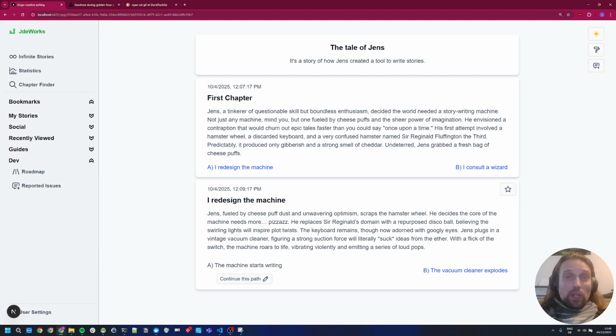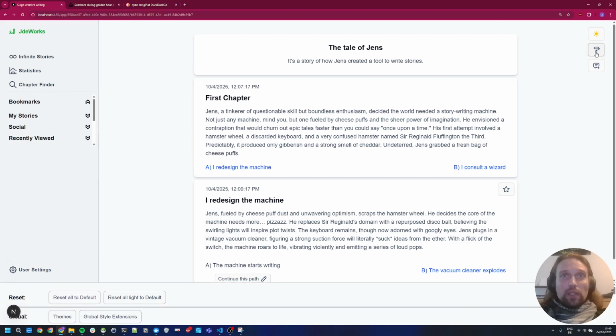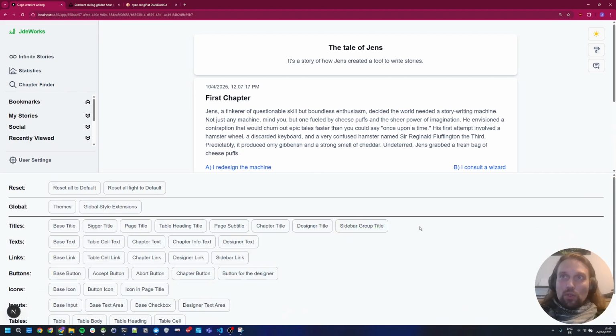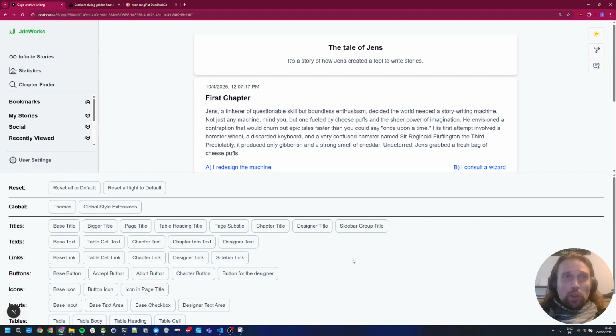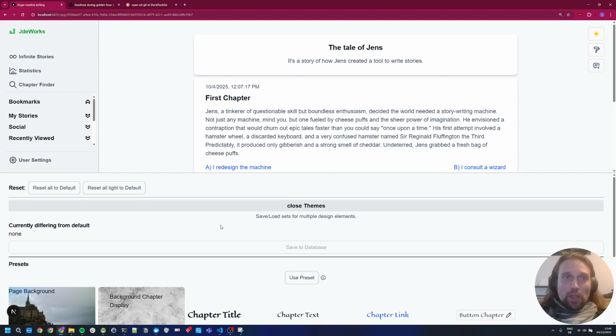Now let's quickly open it up, and you can see at the top right here that there's this, I don't know, button with the icon in. What it does is it's actually opening up the designer, which is like its own whole feature. And here we have a lot of options to basically design the page in the way that we want it. To give you a quick overview of what's possible, just to show something, there are themes,